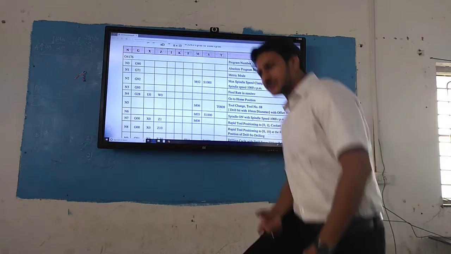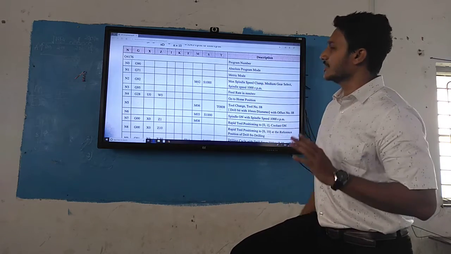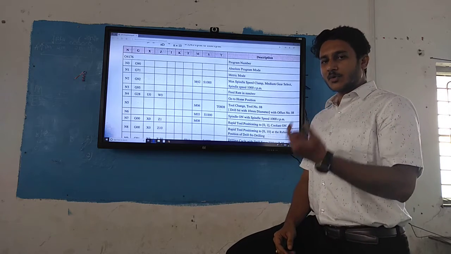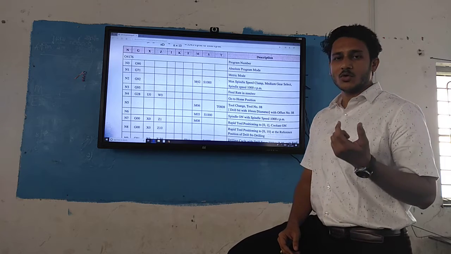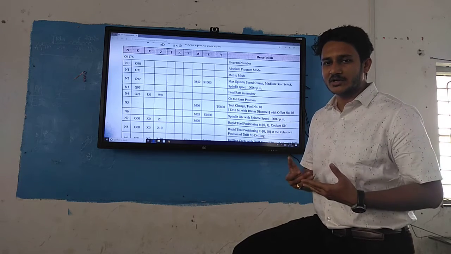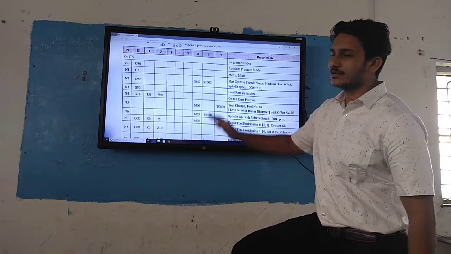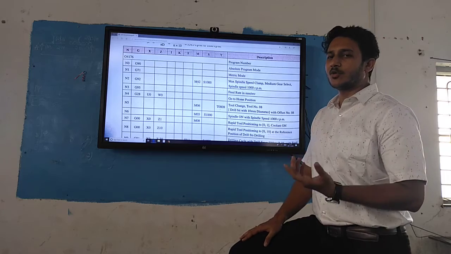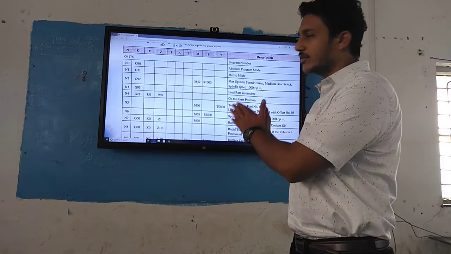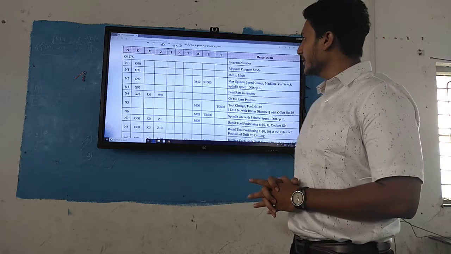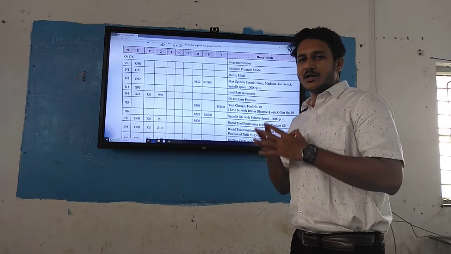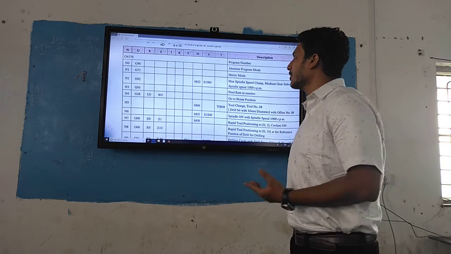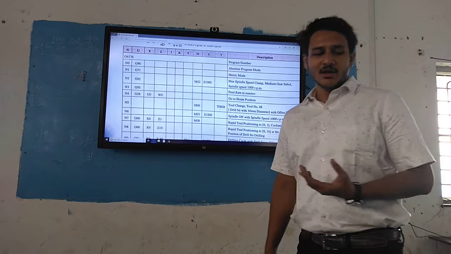For the drilling operation, we have a program number O4176. You have to write down the program number. First O4176, then we start the sequence number. At N0, the sequence number 0, we have to keep my program in absolute program mode. For that we will use the G90 code. Then we have to keep my program in metric mode, meaning we are keeping all the dimensions in mm. For that we have G71.